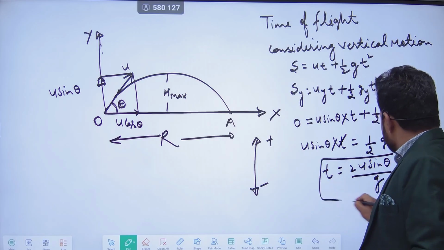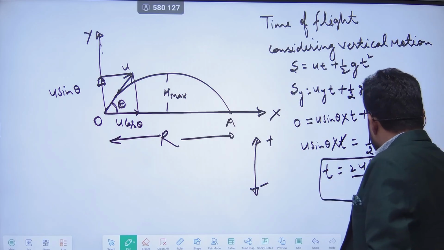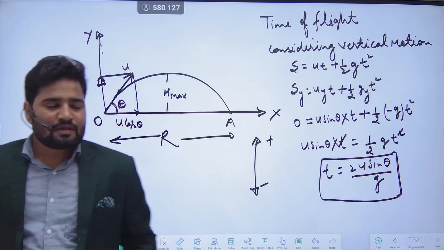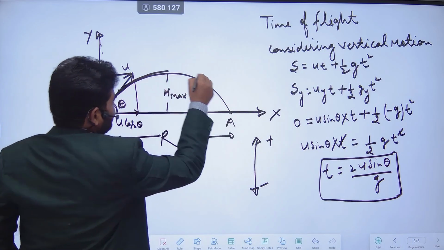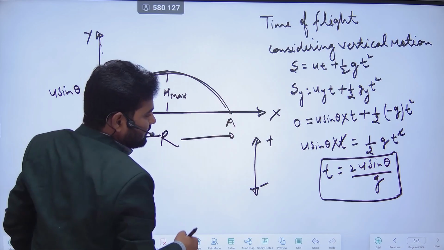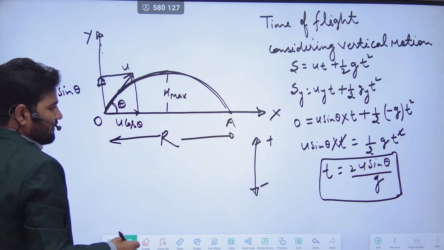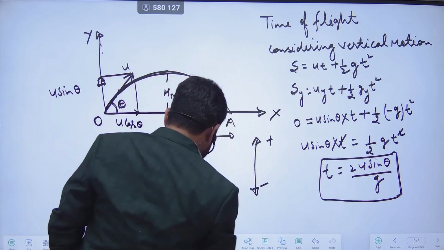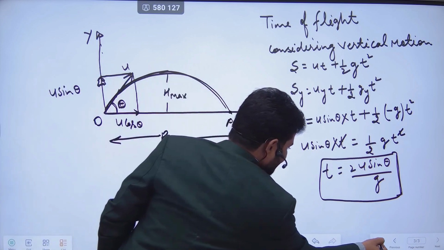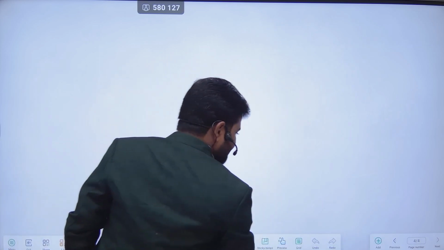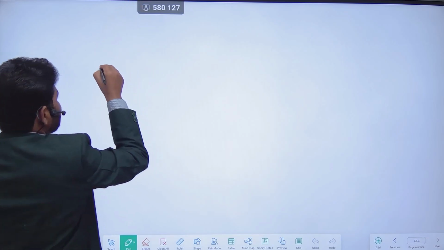2u sine theta by g. This is our time of flight for this diagram. Okay, so from here we know that very well. If this is our time of flight, then in this time of flight here, next again